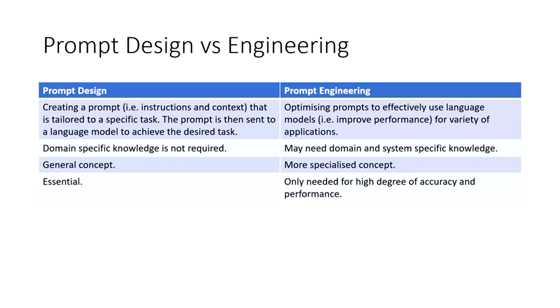And obviously, if you are going to use a large language model, you need to write down those prompts, right? On the other hand, prompt engineering works on how to optimize those prompts so that the model gives you the best or more accurate answer, right? To do that, you need to know a little bit about the domain, and also you need to know how the model itself works or how it is trained, what data is used for training the model, and so on. That means you need to be very specialized to optimize prompts. And another thing is, if you are targeting a more accurate or special domain, then prompt engineering is actually required.